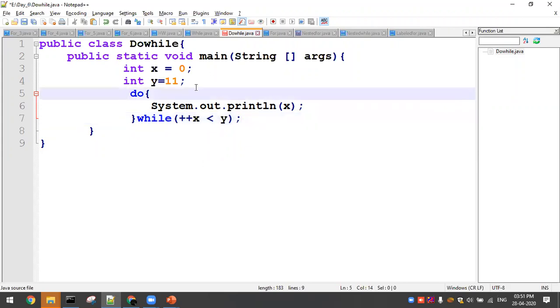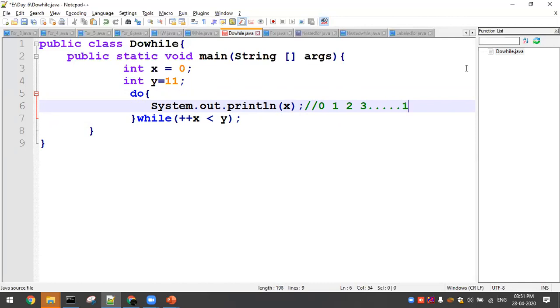Now again here the value started from 0, since I didn't have any pre-incrementation. So I started with printing 0. Again, 0 plus 1, that is 1. 1 less than y, true. So going inside, I will be printing the value 1. So 2, 3, likewise this goes on till 10. So 10 less than y, what will be the value? True. So you'll be printing the value 10.